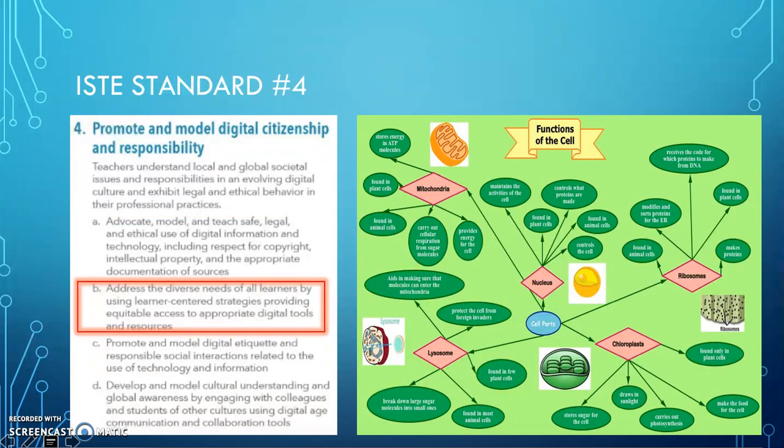ISTE Standard 4B states, address the diverse needs of all learners by using learner-centered strategies providing equitable access to appropriate digital tools and resources. For this standard, I chose the example of our graphic organizer project, which can be used for many different things, but it's especially helpful for having a learner-centered environment because you can start out with simply the